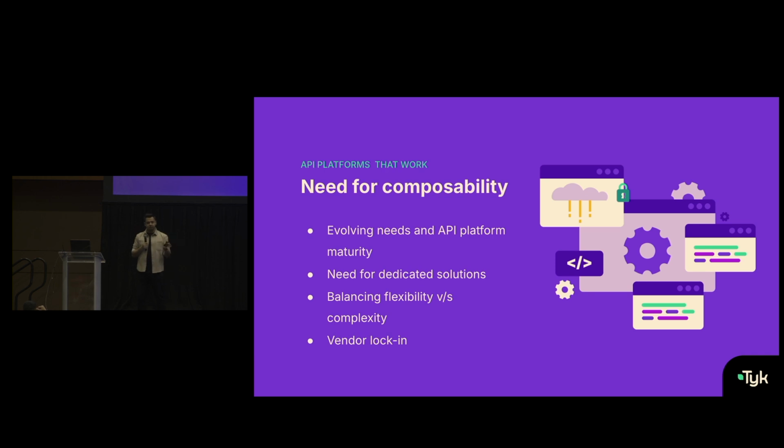Now, when you're starting off simple, things can be very easy. The choices can be a lot more simple at that point of time, but you do have to consider a couple of things. Because when you think about the maturity or the evolution of your overall API product's needs, then you need to think about those evolving changes and perhaps need for dedicated systems and solutions. You might want to go down the path of an IDP or identity provider when it comes to security. You might have to go into business intelligence tools for your analytics, maybe certain troubleshooting capabilities that are brought together by other observability tools as well.